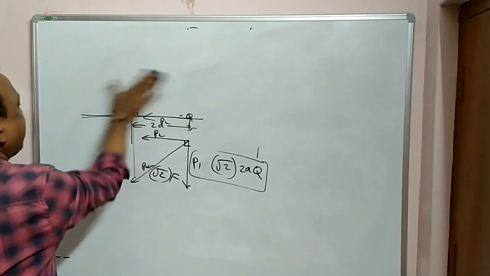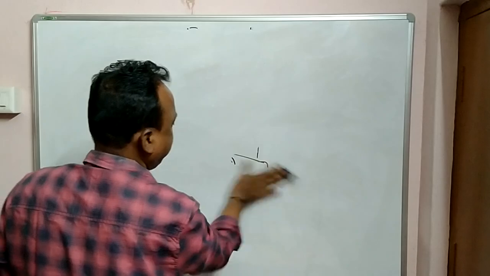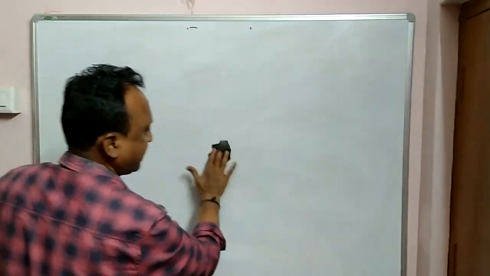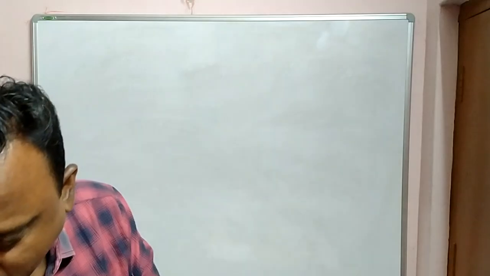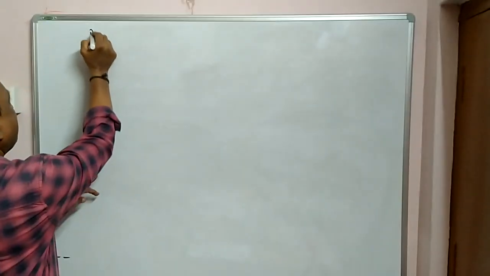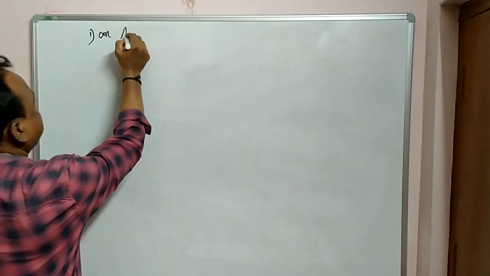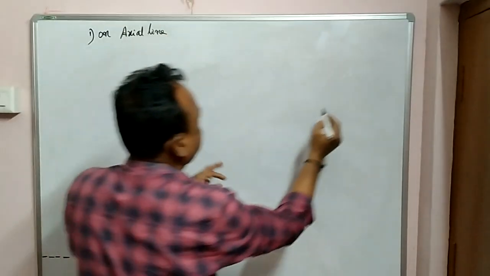Now let us understand how to find this. I won't derive this one because mainly we are concentrating on MCET and NEET examinations. So derivations maximum I will be avoiding. If required only, I am deriving the derivations. So first case ఏంటంటే ఇప్పుడు on axial line. What is axial line